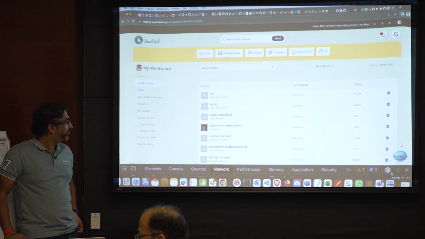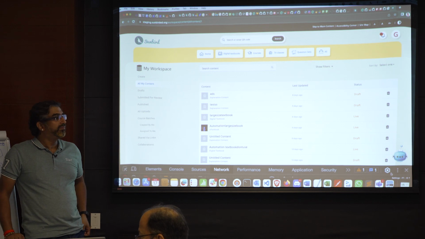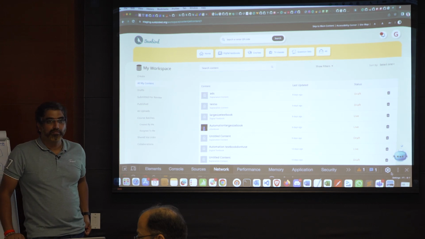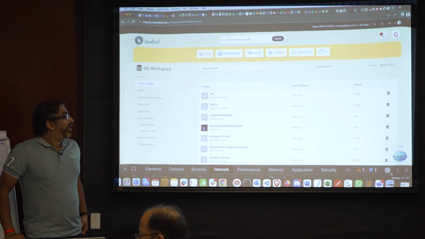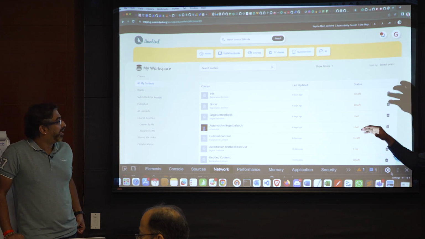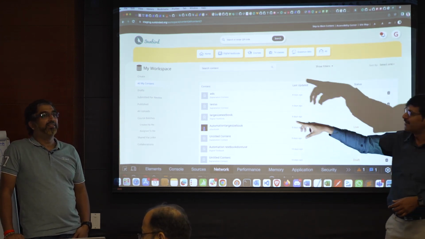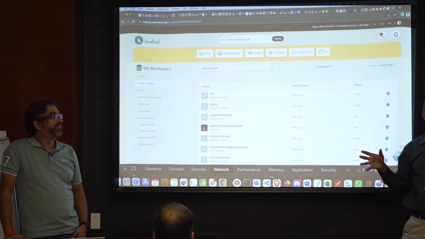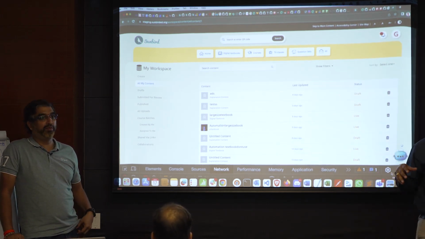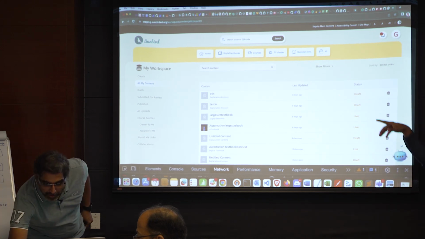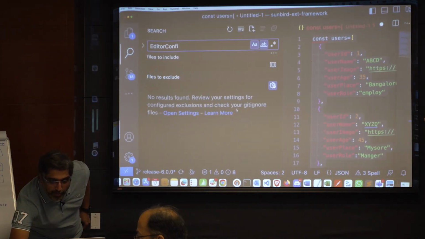Elasticsearch, yes. You can write the queries however you want; Elasticsearch gives that capability. Any capabilities on top of content, you define a query, and based on that you just give the options. This entire workspace is a key thing you need to understand. This is not an editor. The editor launches only when you click create. All these other options are handled by the portal, Sunbird Ed. The workspace module is what is showcased here. Under the module, you can see all these things. If you go here, right?